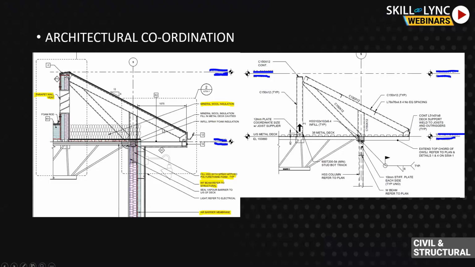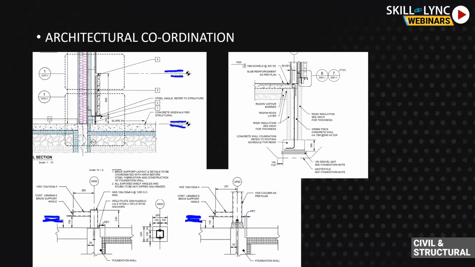So the architectural element is a skin, and you want to put up your skeleton behind the skin. You don't want your skeleton popping out of your skin. So that's a coordination item with architecture. Again, an example: there is this masonry element in the architectural facade that they want to show, but it cannot hang in there on its own. So I have to go in and put up some angle and some framing there to support that.